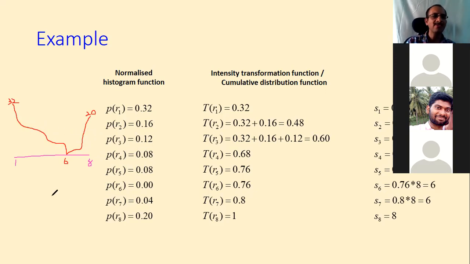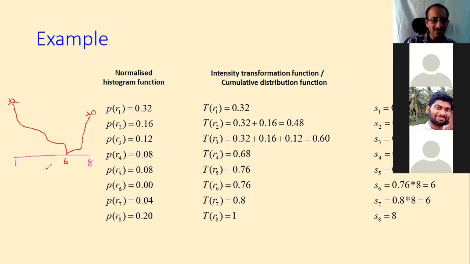But what we want to do is see what it indicates. Most of the pixels are concentrated here and here, and in this region roughly no pixels are there. So a large range of the image intensities is not very well distributed.